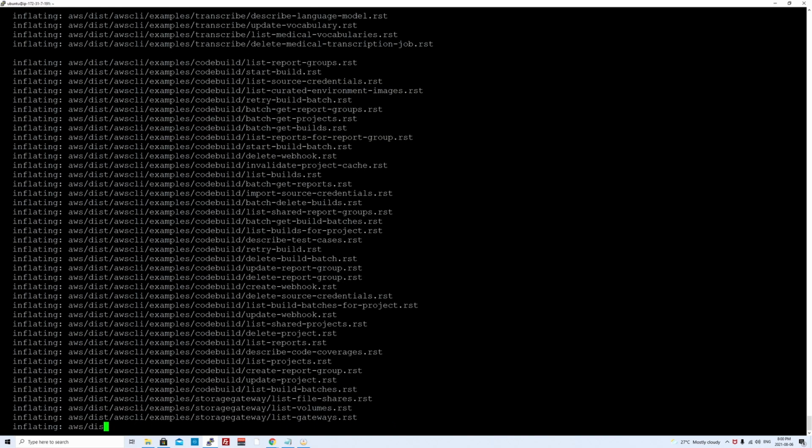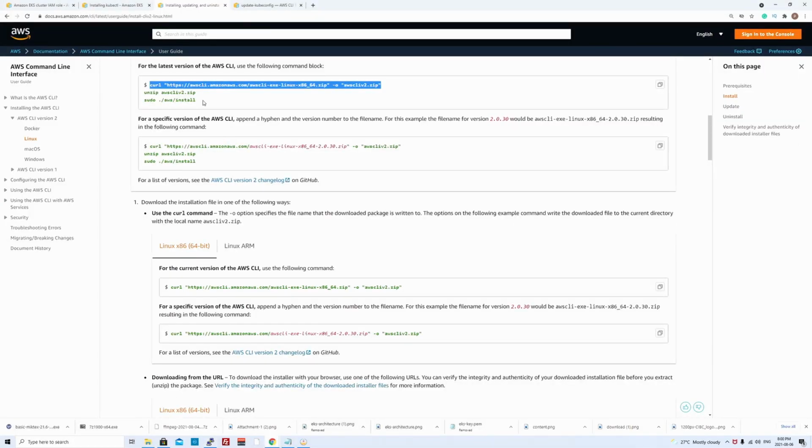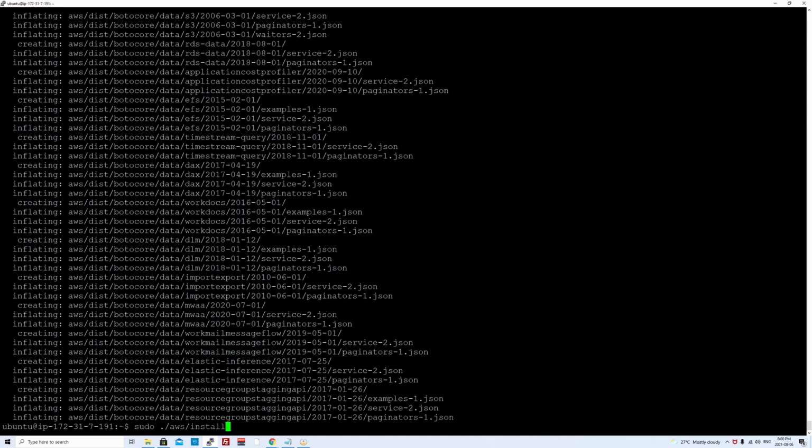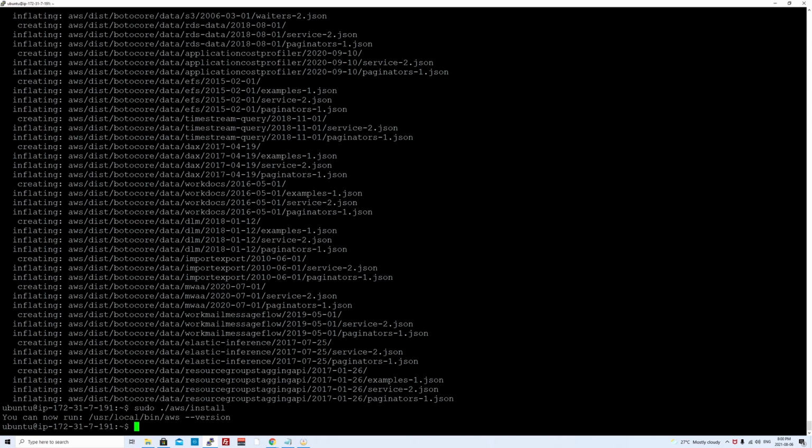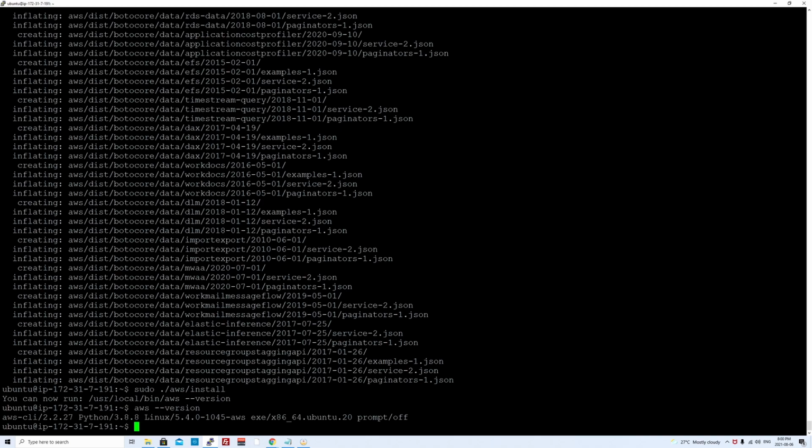Now I'll just do this. So once the install is done, I just execute this install executable that is there inside that folder. Okay, it says it's been installed. You can now run the version. So if we do aws --version, it'll return the AWS CLI version.